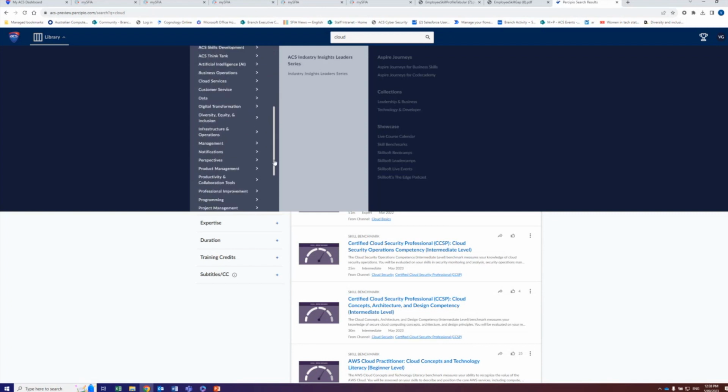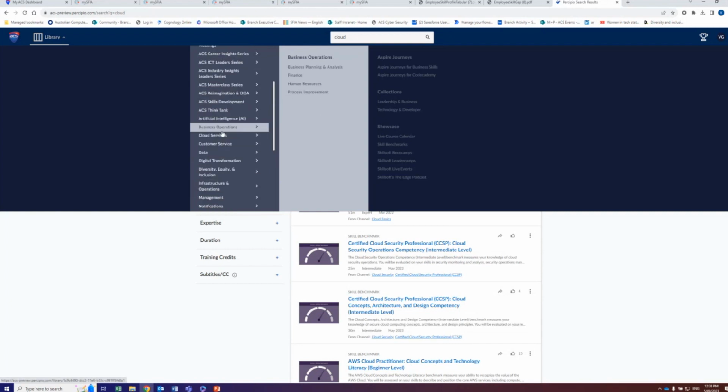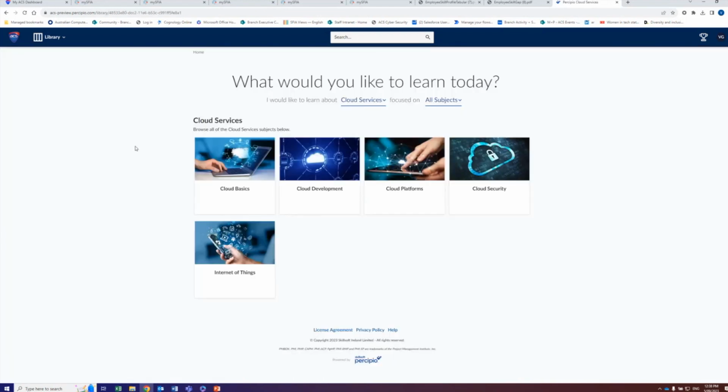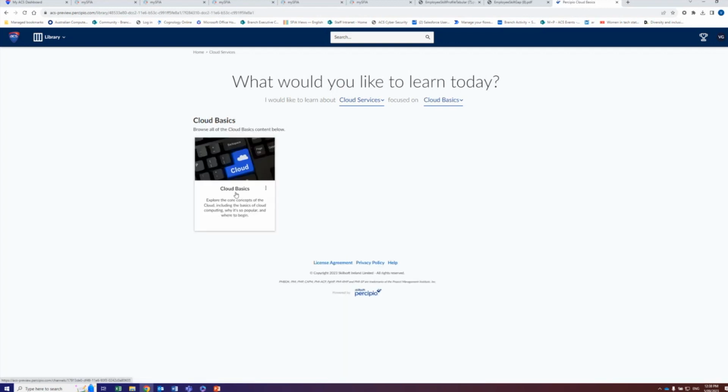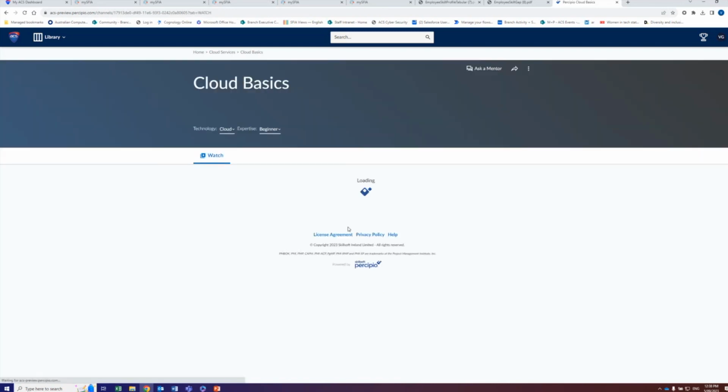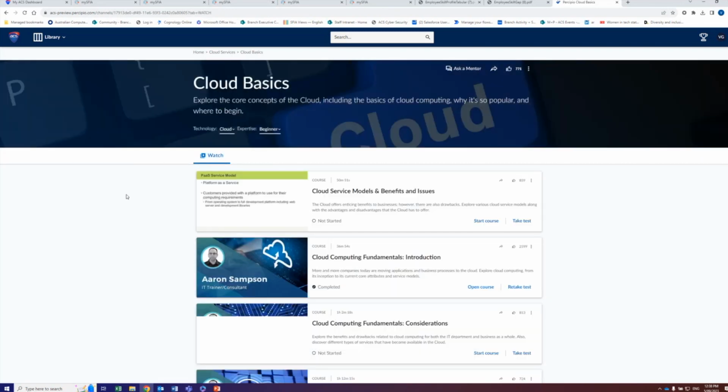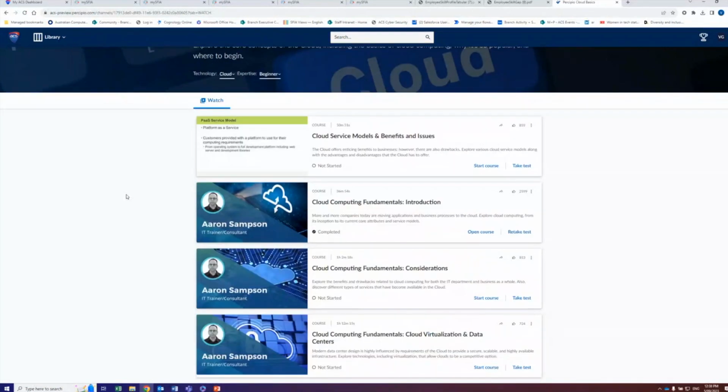If you keep going further down, these are all the platform-based topics that you can have access to. And as you can see, there are a lot of different things in both the technical area and more the professional and business skills area. So it's very easy to find different topics in that. So again, if you're going to the cloud, there's lots of different areas in cloud. You keep clicking through to the courses that you're interested in. So here you get the list of courses.